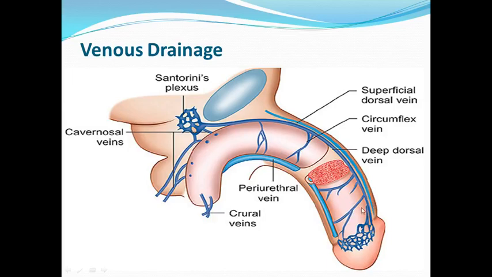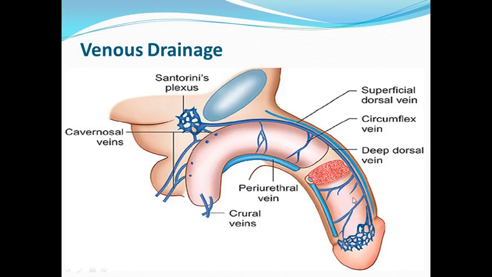Venous drainage is in accordance with the corresponding arteries. So we have the superficial dorsal vein which drains the skin or fascias of the penis. This superficial dorsal vein will divide into two right and left branches and will drain into the superficial external pudendal vein. Here the superficial external pudendal vein is not visible in this figure, so you have to memorize that the superficial dorsal vein drains the skin and the superficial fascia and deep fascia of the penis and finally drains into the superficial external pudendal veins.